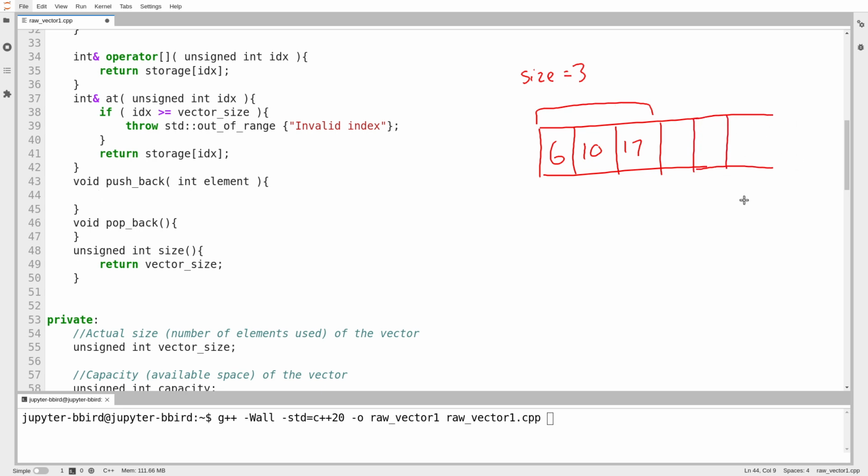So my capacity might be larger than 3. Nobody outside the vector class should know anything about that. It's none of their business. I pretend as if I am actually just an array of 3 things. My vector impersonates an array of 3 things, even though secretly, deep down, it might be using an underlying array